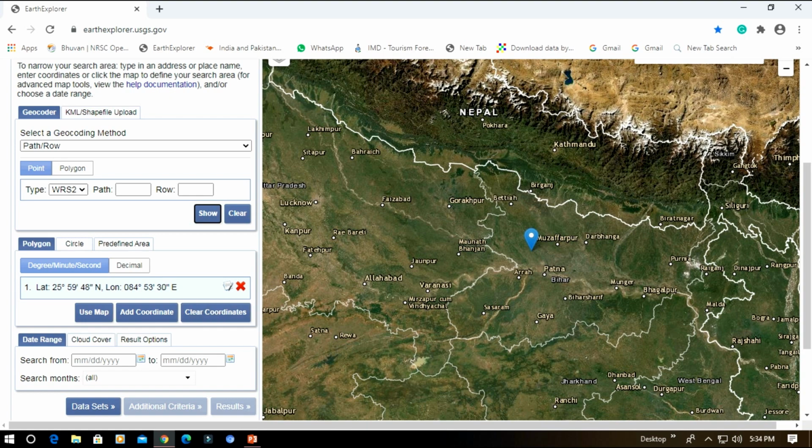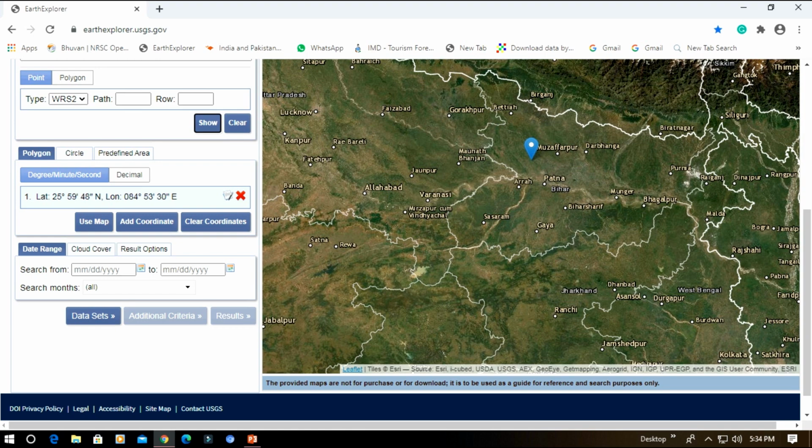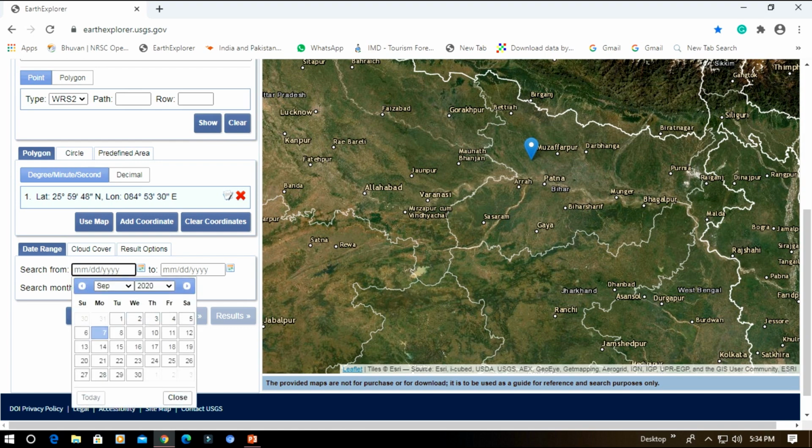Now here it will be a polygon type, and then under the result options, the date range. You will need the date range here.